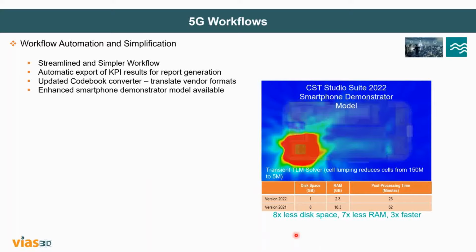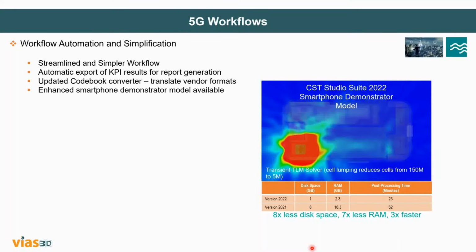So we can see over here between version 21 and 22, for the same problem by TLM solver, and the TLM solver compared to transient solver, the finite integration technique, it uses a cell lumping technology and it reduces the mesh cells from 150 million to 5 million. So what we can see with this TLM solver, from version 21, it was taking 8 GB of RAM, 8 GB of disk space, RAM of 16.3, and total processing time was 62. So now it has reduced to 23 minutes, 3 times faster, 7 times less RAM, and 8 times less disk